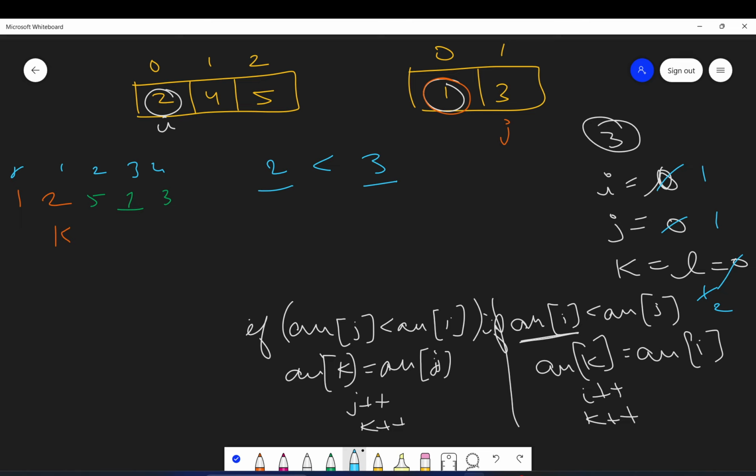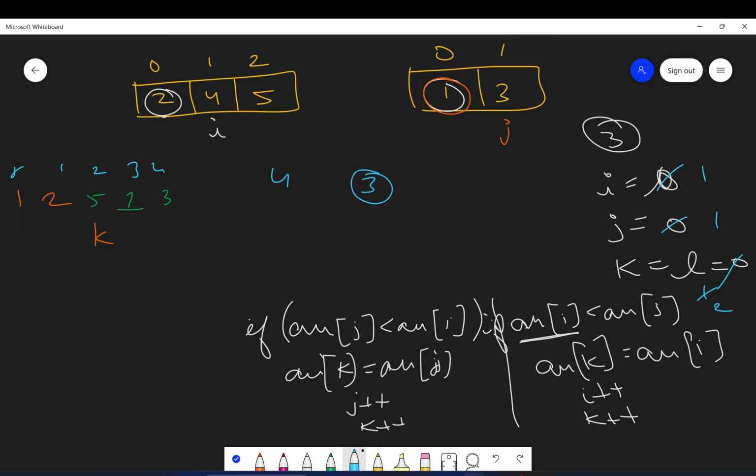Alright. Now what we will do? I is here now, and K is here. We will now again compare ARR of I with ARR of J. ARR of I is 4 and ARR of J is 3.